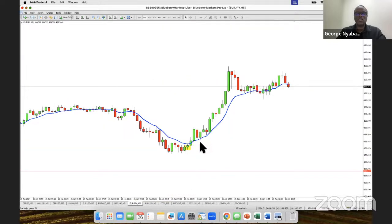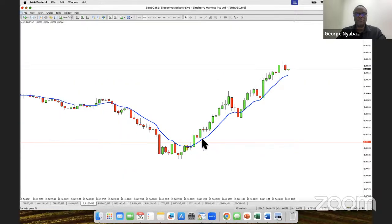Had I chosen the Euro yen, I mean, it didn't fail immediately like Euro Aussie did, but it came, tested the EMA and just went up without a pullback. So would have been fantastic. Euro versus the dollar, had I taken that, failure, but not as big as on Euro Aussie, and it went up and came back. And so the point is,